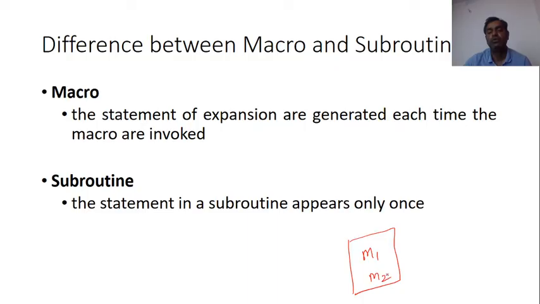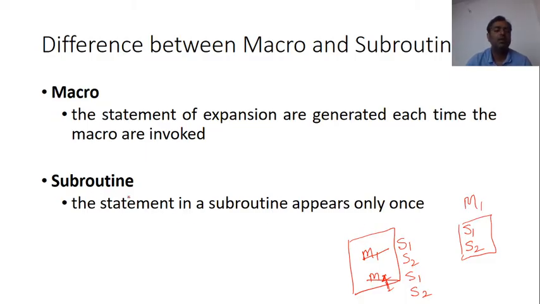Suppose that there is only one macro, macro 1, and I have invoked macro 1 two times in this program. And the definition, or you can say the statements that are written in macro 1, are S1, S2. When you invoke the macro, S1 and S2 will be written here in place of M1, and S1 and S2 will be written here also. That means however many times you invoke the macro, every time the body of the macro will be pasted in the main program.